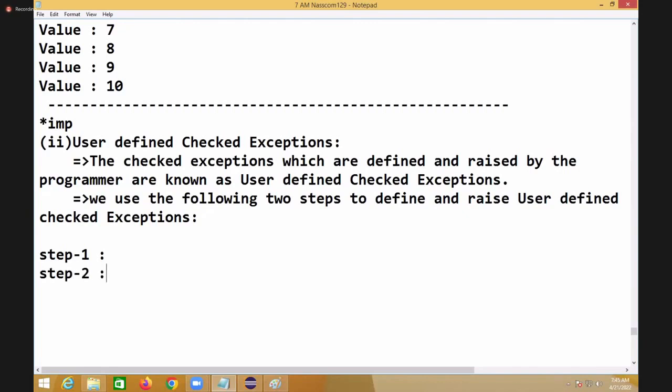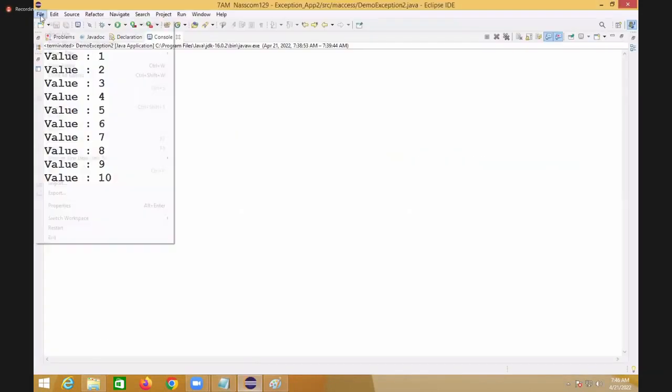See there, same process will be there. Yesterday I did some steps, no? Same user defined exception is there, no? User defined unchecked exception. Same process, but 2 extra steps. Right. See there. My program is